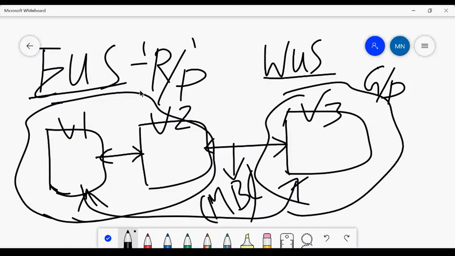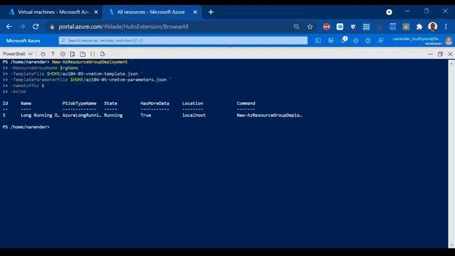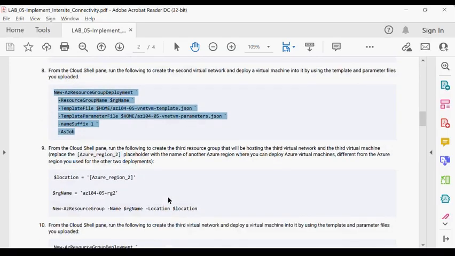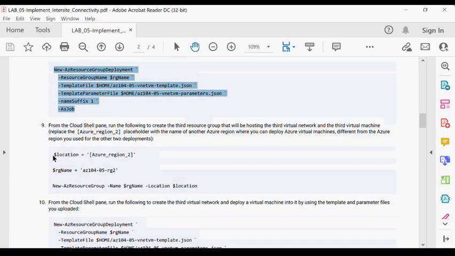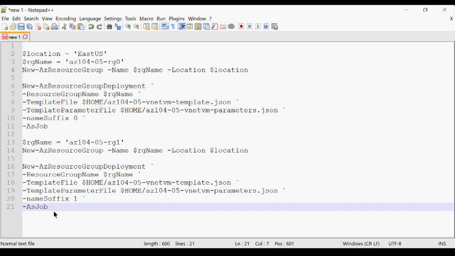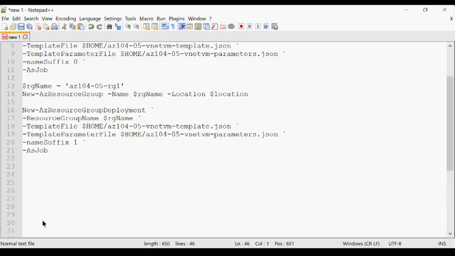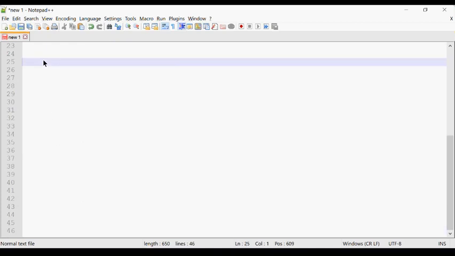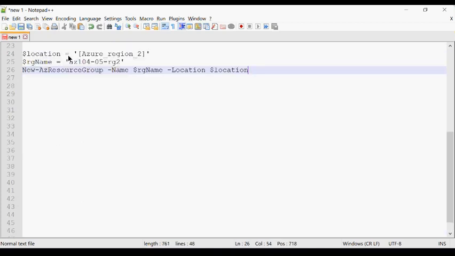So this region is now over. East US region is now ready, or rather it's getting ready. Now thirdly, what will I do? I'll create my second region here, a second resource group. Here I will change it to West US.